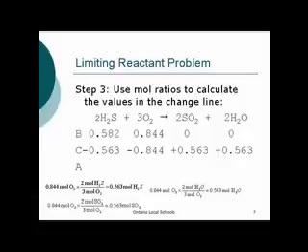comfortable with it. So showing each of these calculations, starting with the O2 and using the mole ratios to change to the SO2 formed, the H2O formed, and the H2S used. Now, in the change line, the reactants will always have a negative sign in front because we're using reactant up. The products will always have a positive sign because we're adding product as the reaction